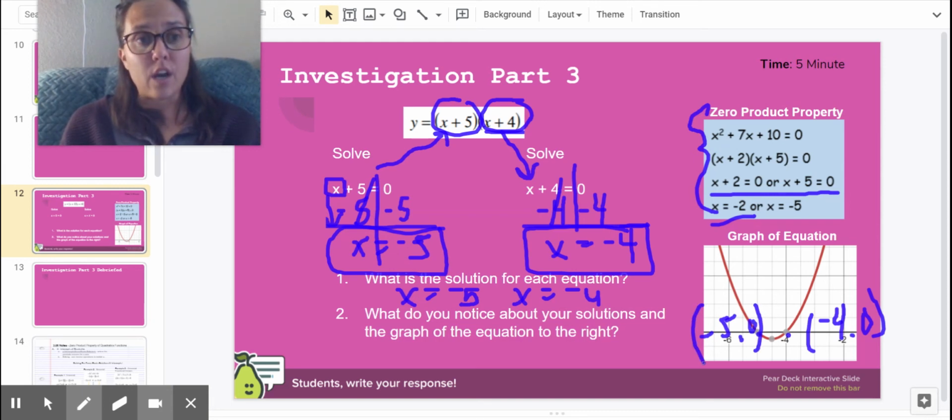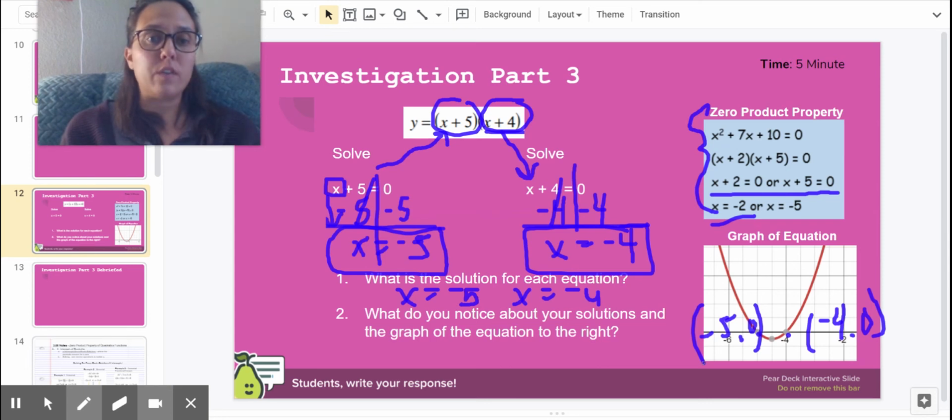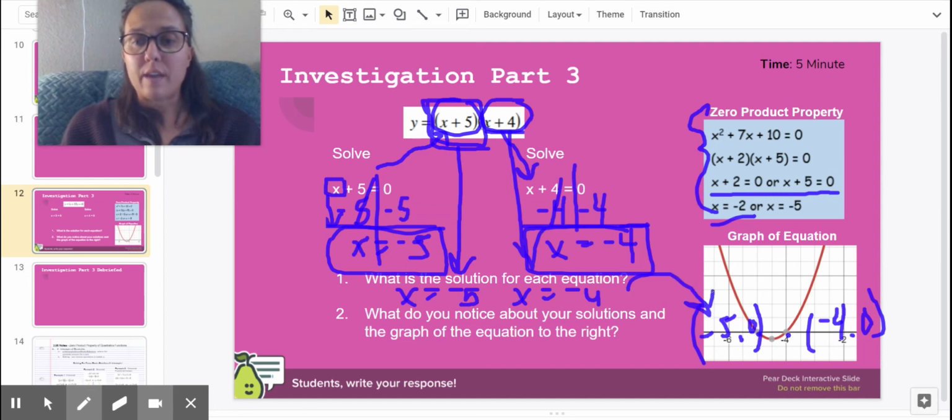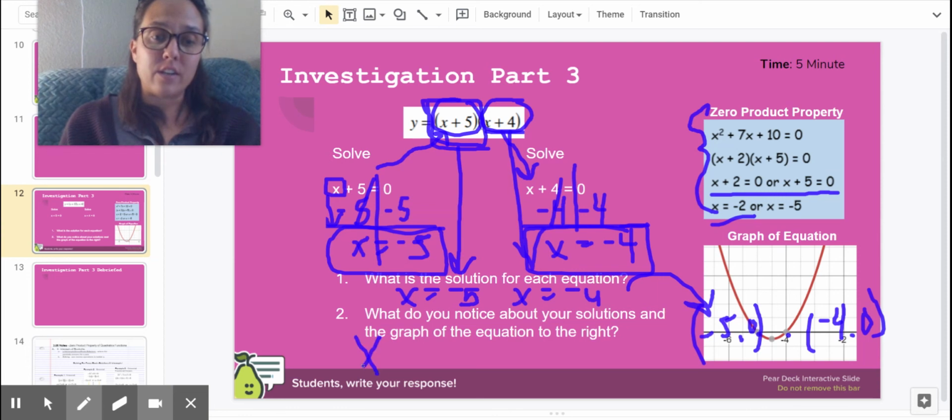Well, now we know. Once we solve each of these, so we solved x plus 5, and we got x equals negative 5. We solved x plus 4, and we got x equals negative 4. Well, now they match, right? So what can we say about x plus 5 and x plus 4? Well, we notice that they're the x-intercepts